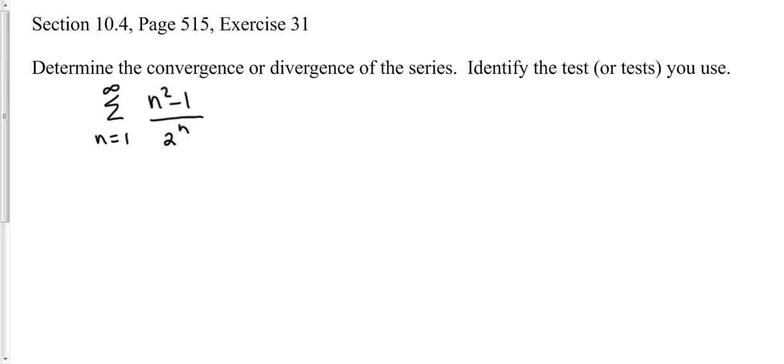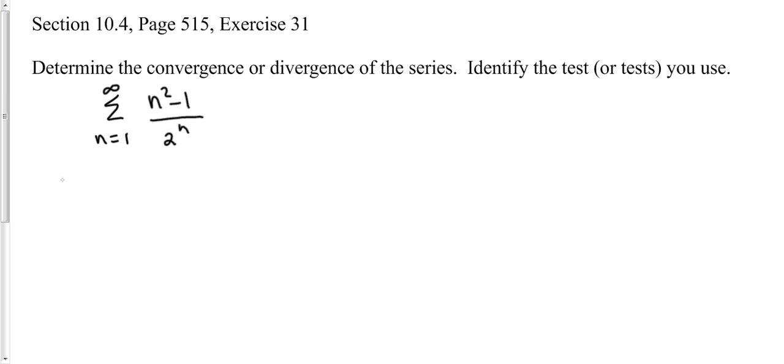Let's do section 10.4, page 515, exercise 31, which reads, determine the convergence or divergence of the series. Identify the test or tests you use. So for exercise 31, we have the series from n equals 1 to infinity of n squared minus 1 over 2 to the n. Now, I like to use the ratio test,